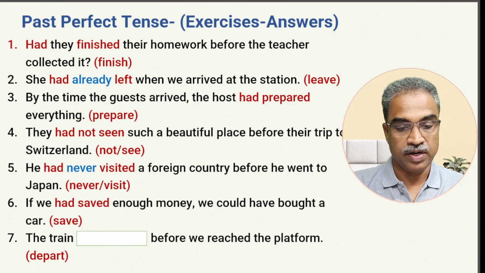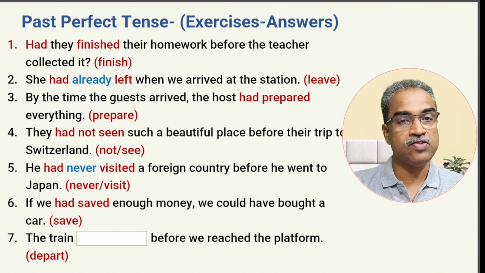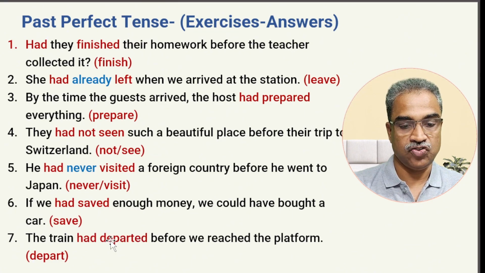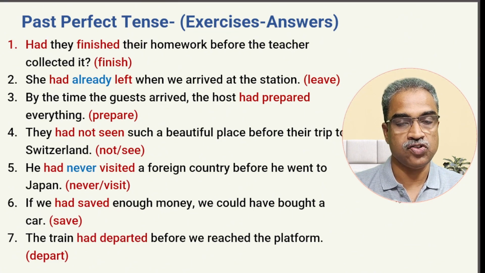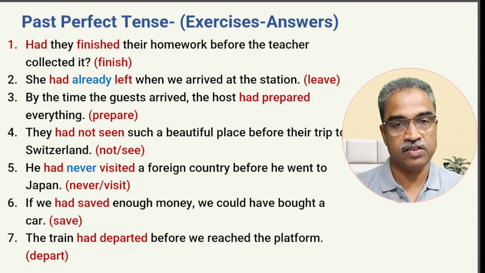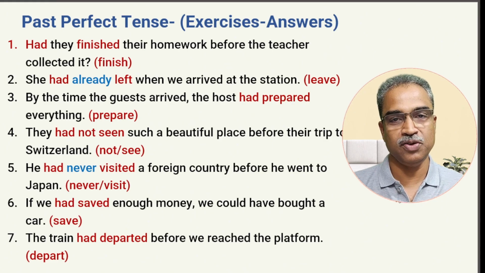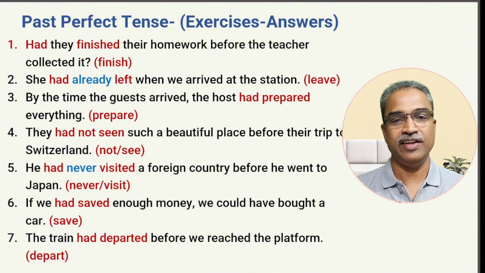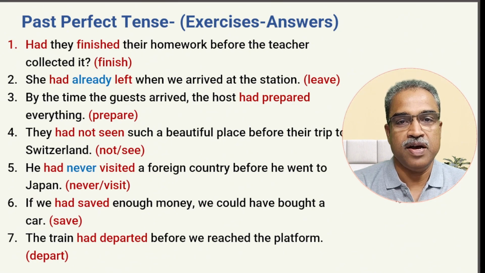The seventh one, the train dashed before we reached the platform. The train had departed. The train had departed before we reached the platform. How many of you got all these 7 answers correct? If you haven't, no issue. We will learn it. Okay, but at least you are getting a fair amount of idea about how past perfect